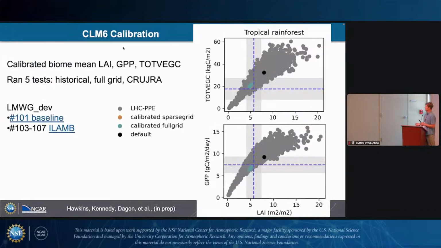Okay, Linnea is going to talk more about this after the break, but I just wanted to talk a little bit about some of the CLM6 calibration that the PPE team has been doing. This is just an example of trying to calibrate to 3 metrics: LAI, leaf area index, GPP, and total vegetation carbon for a single PFT. The benchmark targets for tropical rainforest are shown with the blue dashed lines, and there's some uncertainty around those. What's shown in gray is the